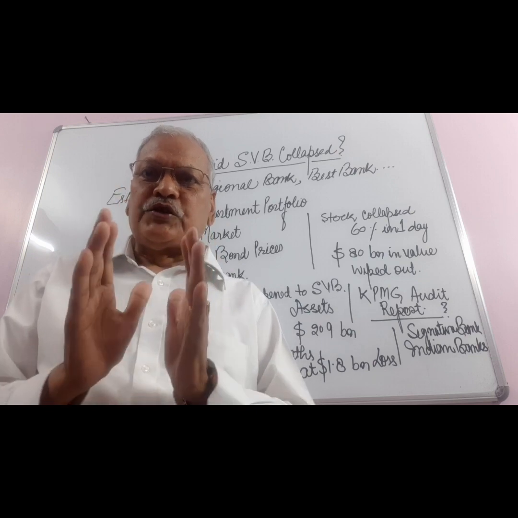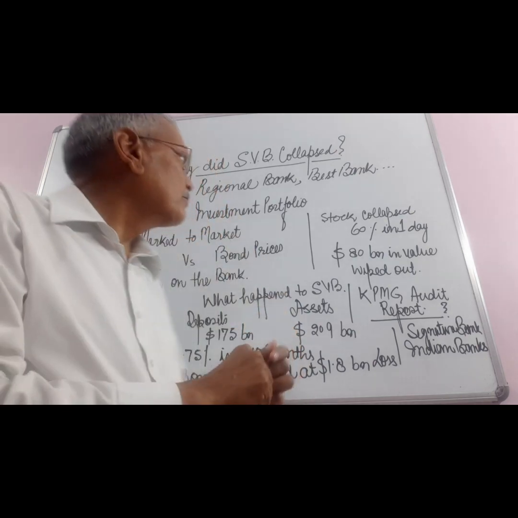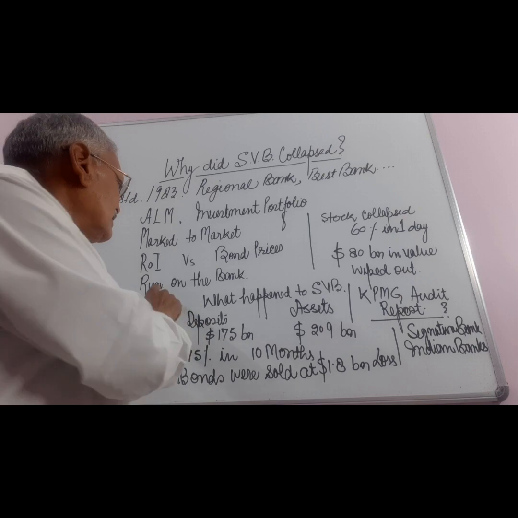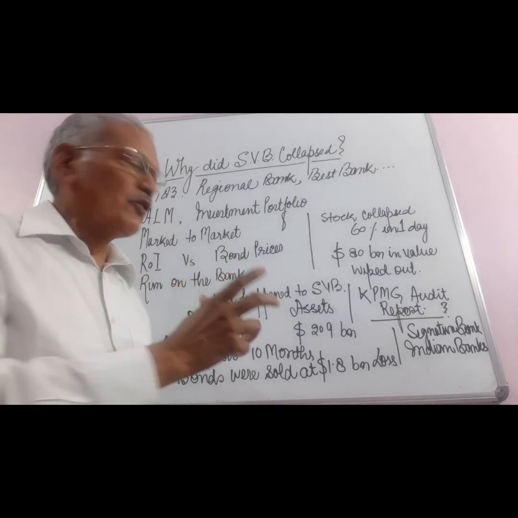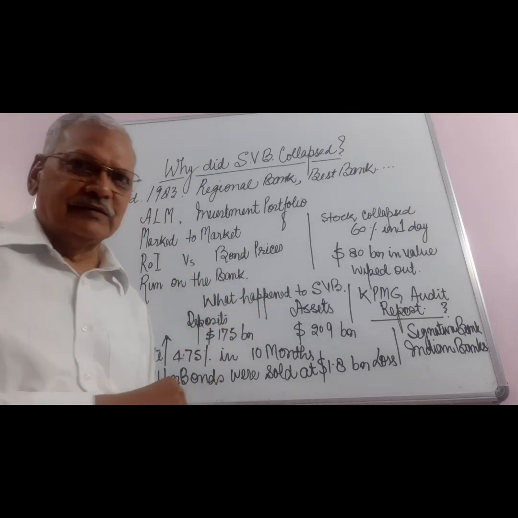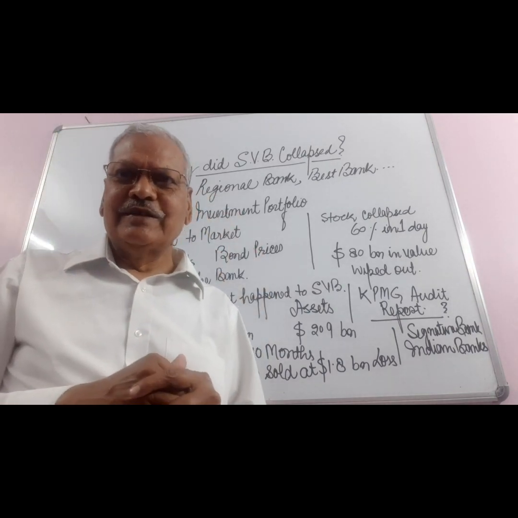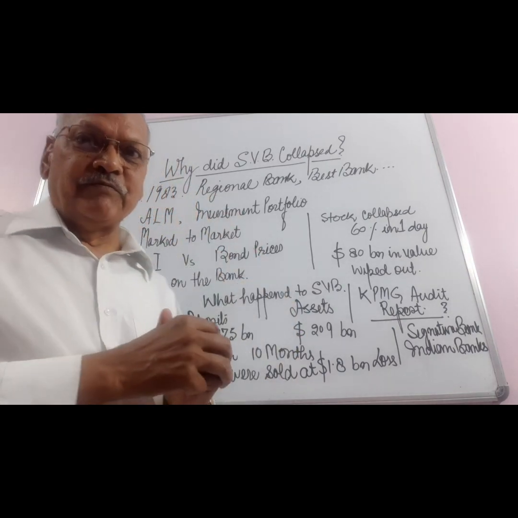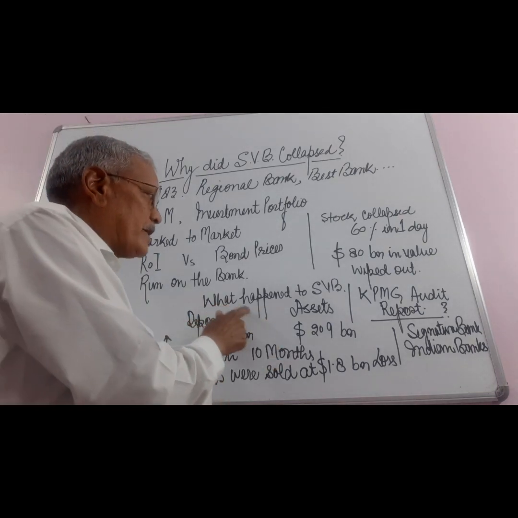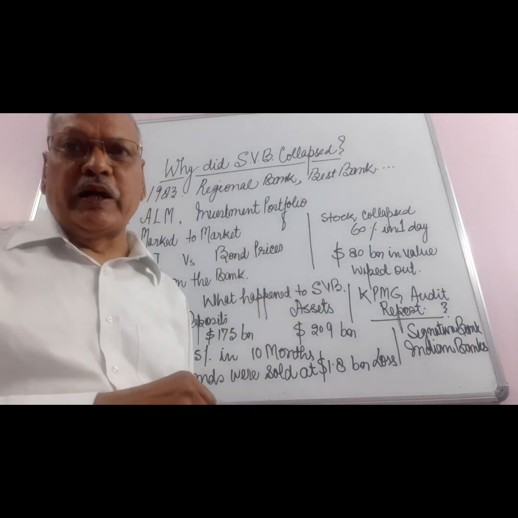What is the relationship between these two? What is the meaning of run on the bank? And after understanding these concepts, we will proceed to understand what happened to Silicon Valley Bank